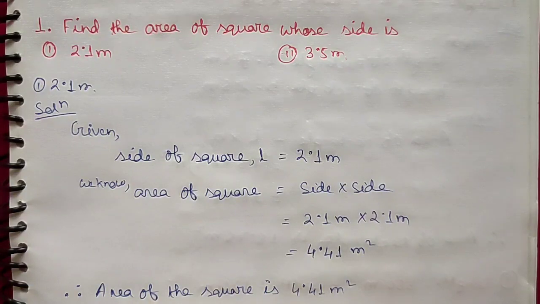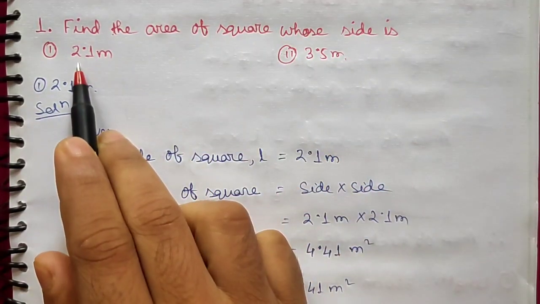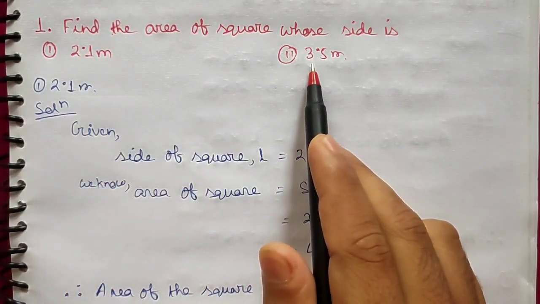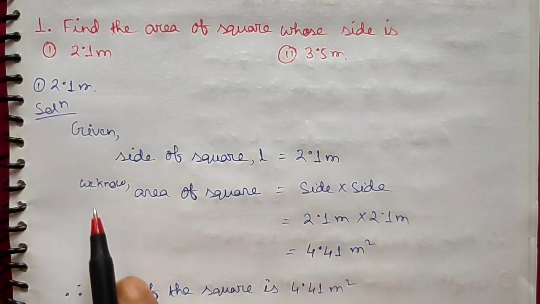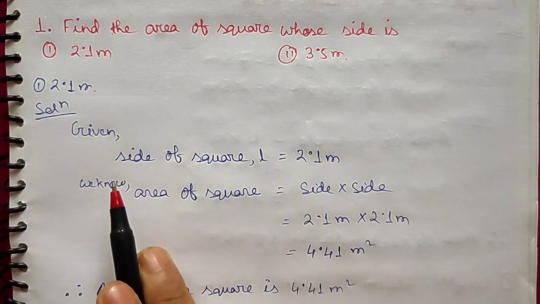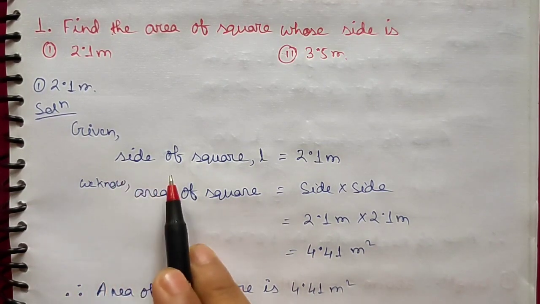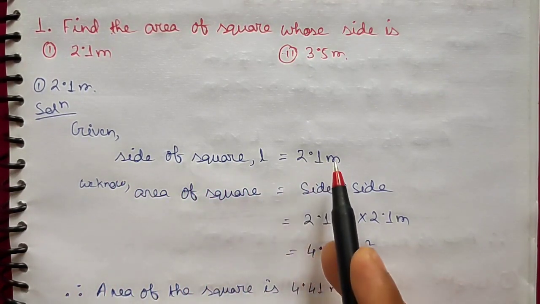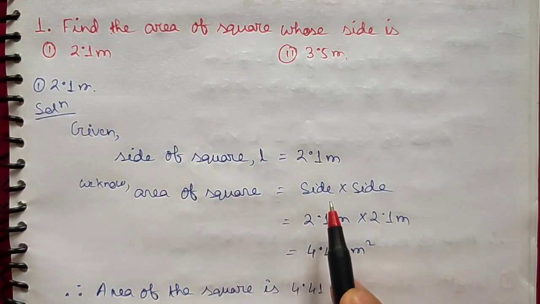In the first question, what is given? Find the area of a square whose side is 2.1 meter and another is 3.5 meter. So let's start with one. First of all we have to write the solution information given in the question. So we'll write like this: given side of square L equal to 2.1 meter, right? And we know area of square equal to side into side,